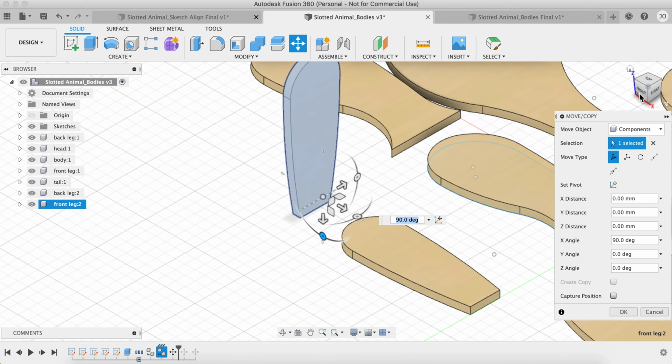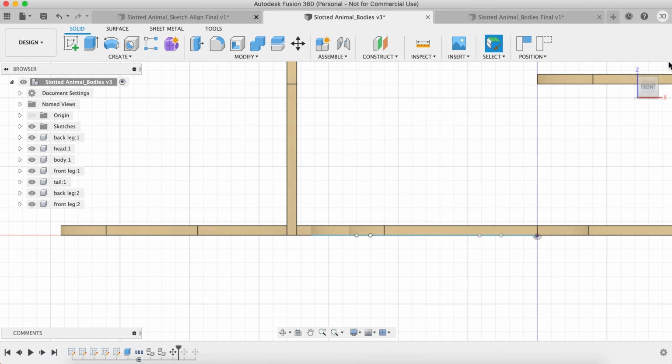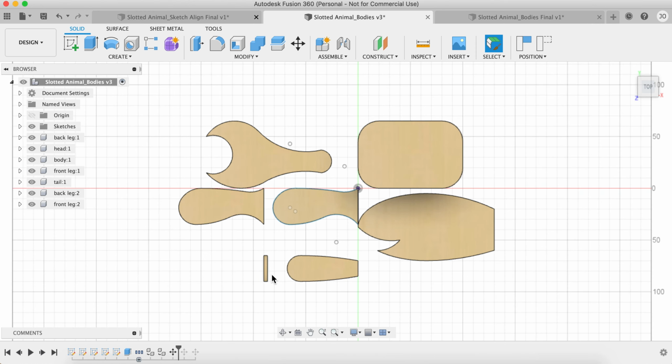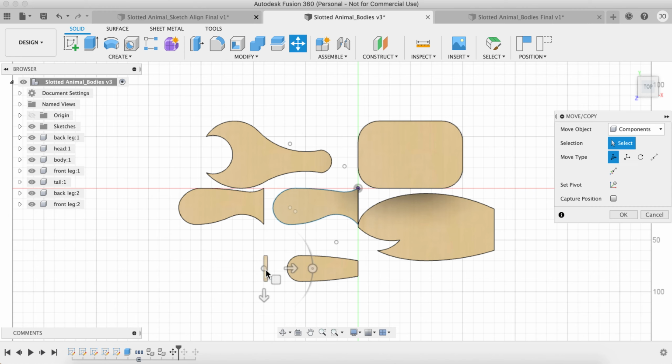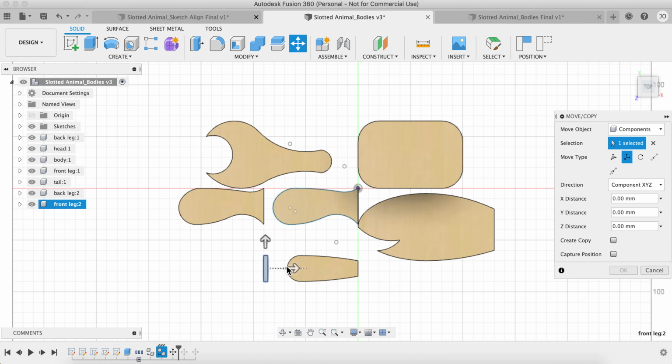And now if I look to the side, I haven't clicked OK yet. I can see there it is. It's aligned with that red line. Okay. So that's what I'm going to do to make sure I move this piece. I say OK. I'm not quite done yet because see, it's not where it's supposed to be. So I'll look from the top and maybe go back to the move again, and I'll pay attention to those types. I'm going to move it around, just keep moving so that I know this is going to be